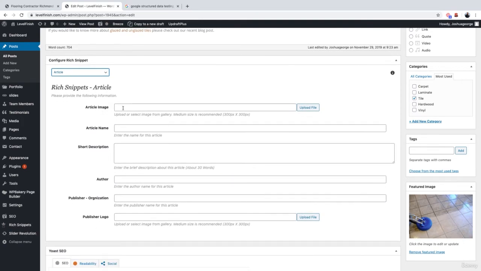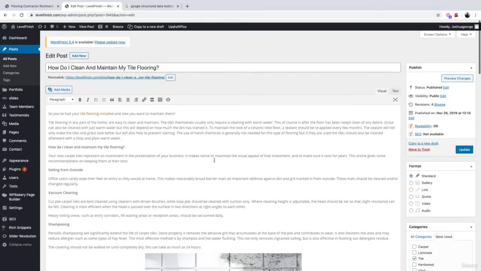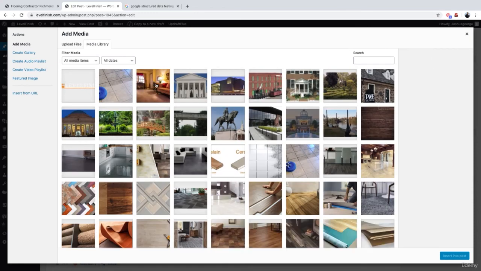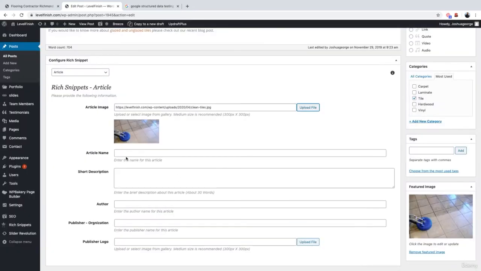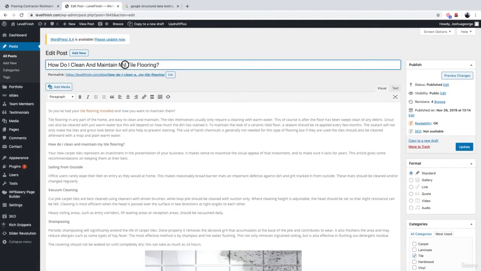information. So article image, let me scroll up to the article and see what image we are using. We've got this one, which is fine. Okay, I can add another one about cleaning tiles. So let's go to my media. I'll go for this one, that's cleaning tiles, that is fine. Insert into post. Article name, so I'm gonna go to the top of my article name and copy this title